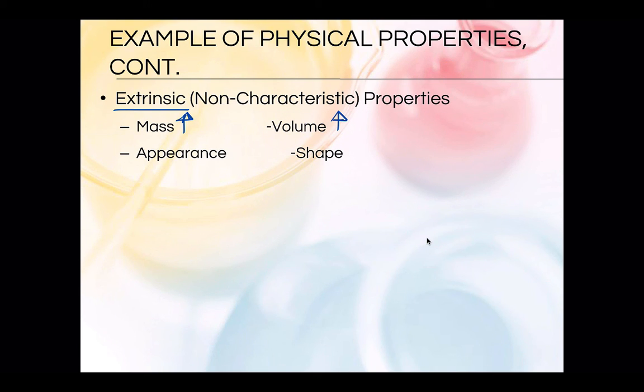Finally, there's the appearance of something and the shape of something. But you know, sometimes if you have more stuff, then its shape is not going to be the same as when you have less. Sometimes that's true. Shape doesn't indicate exactly what kind of stuff it is. We can make things into all kinds of different shapes. But the appearance might surprise you. Just think of it this way.